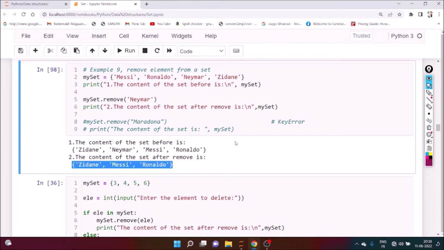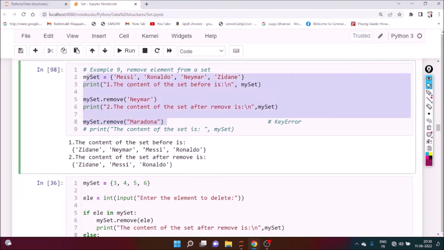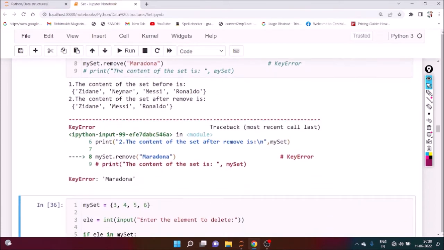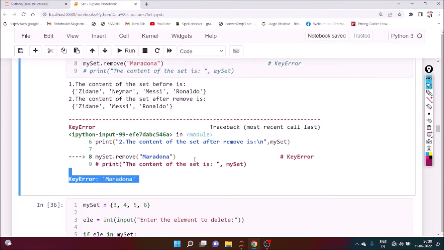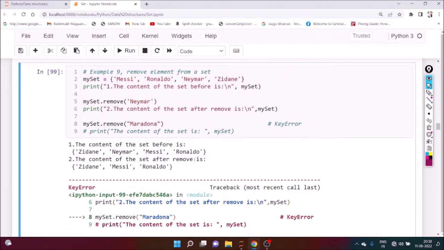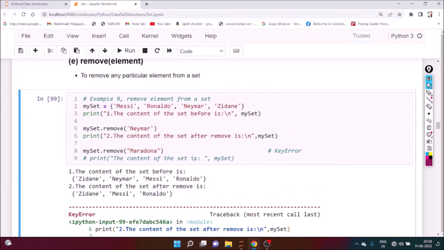So in this way we can delete an element from this. Achha, what if you want to delete an element which is not present? Maradona is not present and we want to delete it, so it will give an error, key error. Okay, so if you want to remove an element and that element is not present in the set, then it